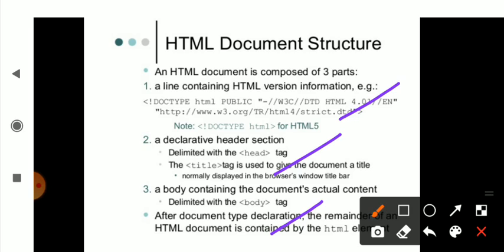In the beginning, you mention the document type and version type, then you have head, title, and the body part present in the structure. So remember, these are the things mentioned in the whole HTML concept. Other things that come within the document structure I will deal with in the next session. Okay, thank you.